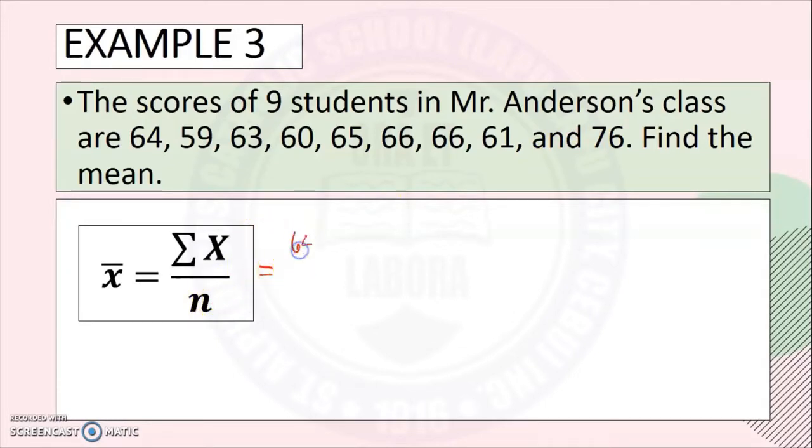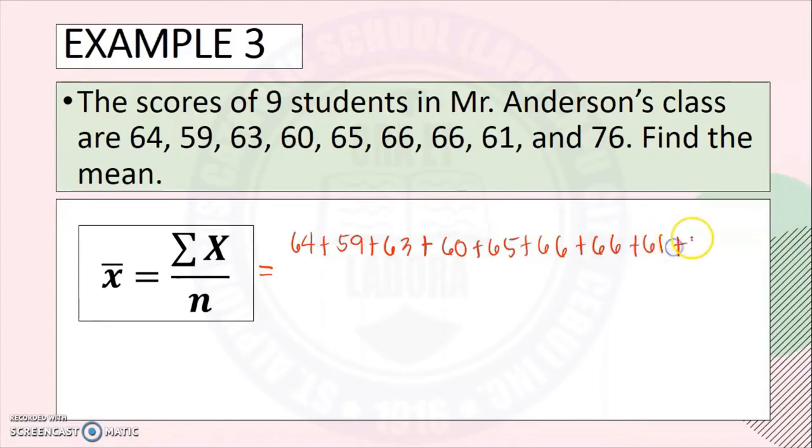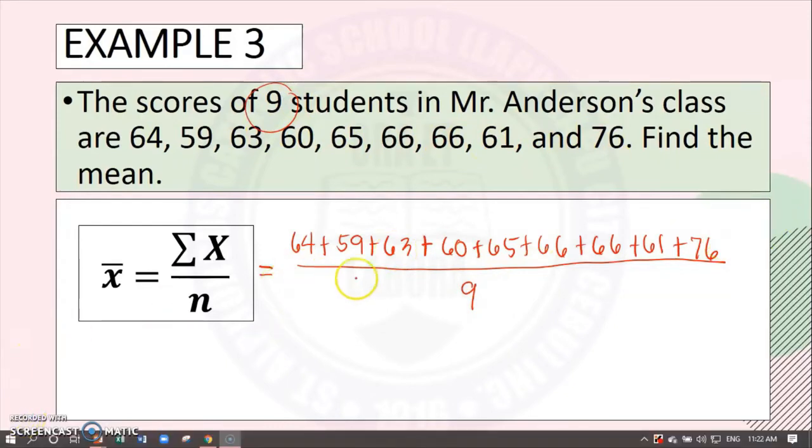We have 64 plus 59 plus 63 plus 60 plus 65 plus 66 plus 66 plus 61 plus 76 divided by n. So we will count 1, 2, 3, 4, 5, 6, 7, 8, 9. There are 9 students, so there are 9 scores. Now, let's add. The sum of these values is